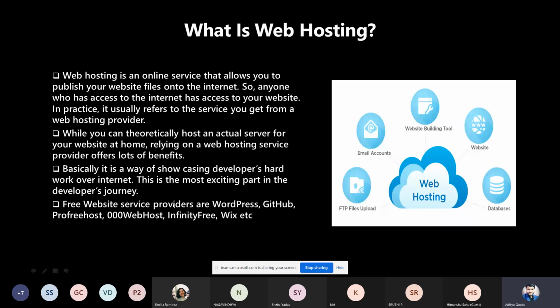Next are Infinity Free and Wix. Mind you, these are free web hosting services, but they always come with some limitations, maybe in accessing your websites or in the storage provided. The website that you host in Pro Freehost is only for 1 year. That is the limitation. After 1 year, which just finished a few months back, the thing that I hosted just went off. My friend also worked on it. It's really a good website we did. We'll show you later about this. Yeah, so maybe you will get it.